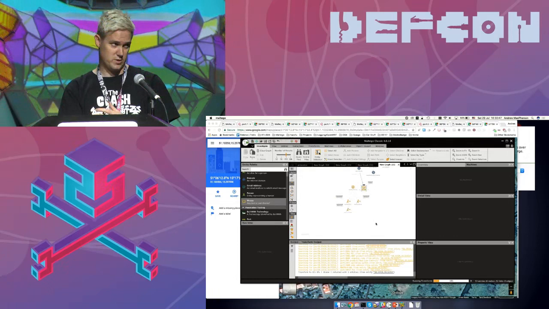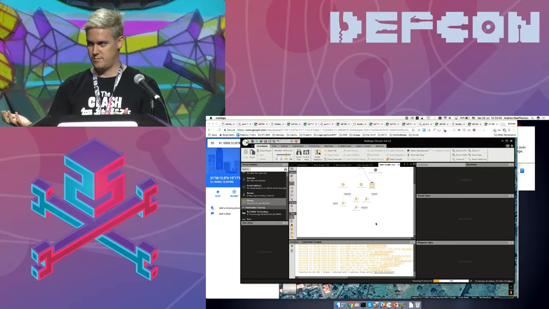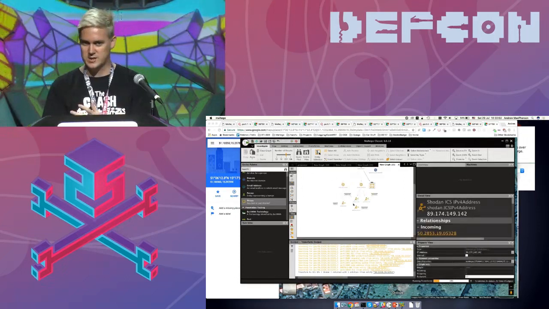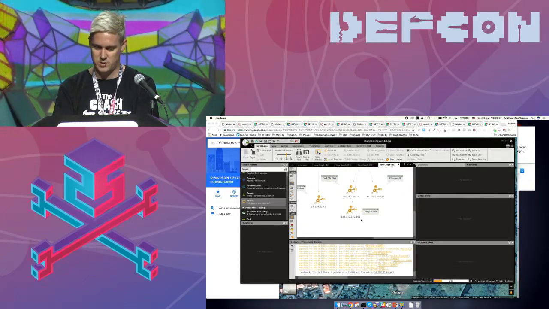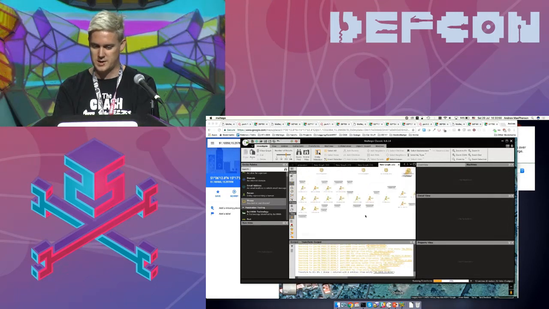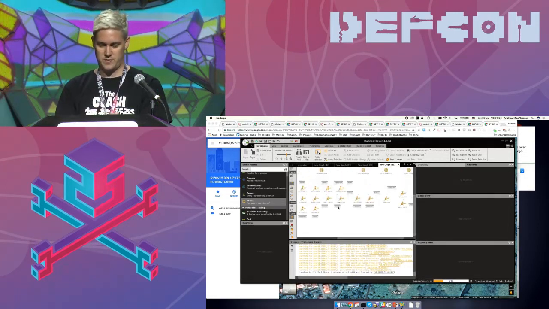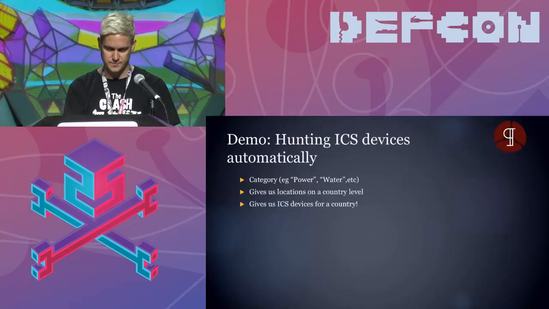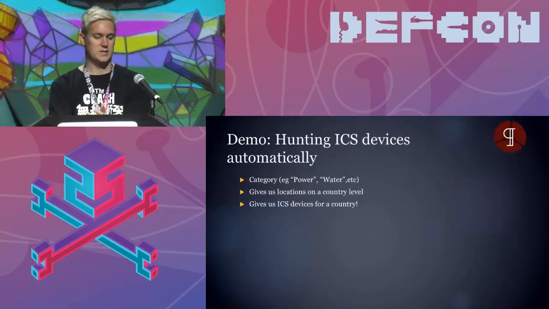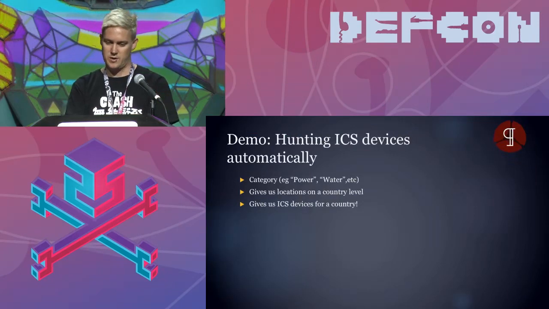So you'll see I didn't get results for all of them. Obviously, they might actually have not put them on the internet or something like that. But these ones I can then find all of them, right? So here's one, this Modbus, Omron, Niagara Fox, things like that. So now I have all of the different locations, and then this is where you'd go and attack that sort of information, right? So it's really nice to be able to do that, to say, okay, I've got it on a country.